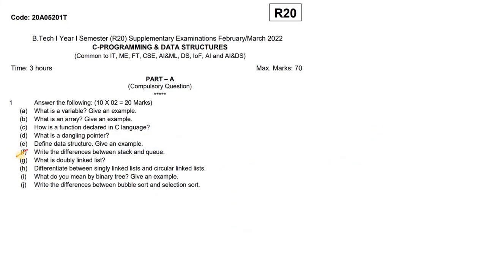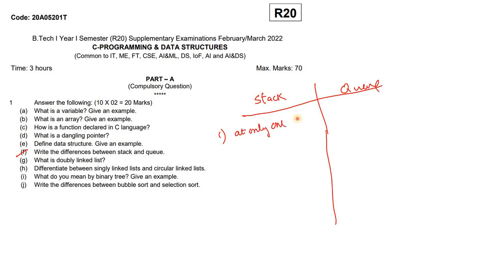See the next one. Write differences between stack and queue. So it's a very, very simple question. So stack and this is queue. So first difference is elements are added in the stack at only one end called top end. So elements are added at only one end. That end is called as top. What about queue? Elements are added at an end called rear end, and elements are deleted at another end called